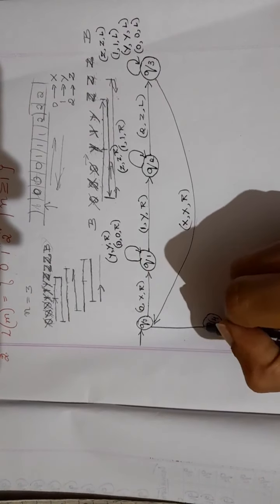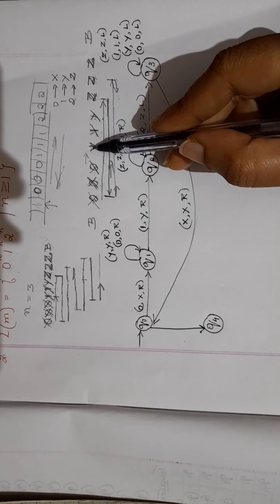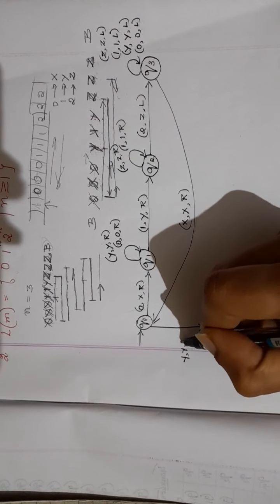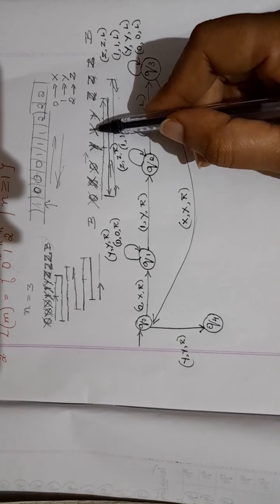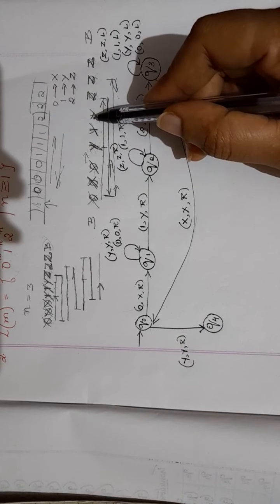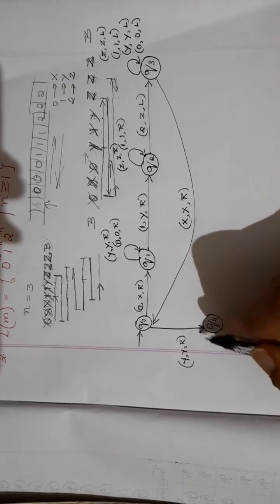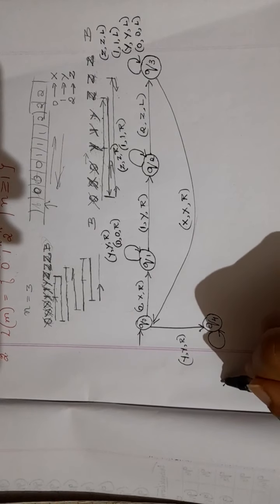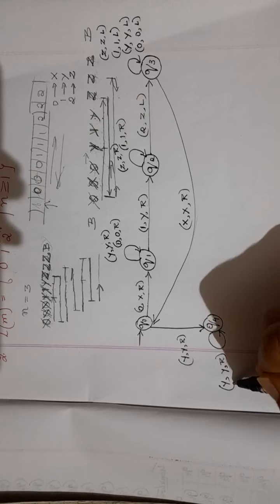So here, if you are reading y, keep it as y itself and move right. Again, reading y, keep it as y itself, move right. So likewise you can get any number of y's. So I will take a loop here. With respect to this loop, you have y, keep it as y itself and then move right.